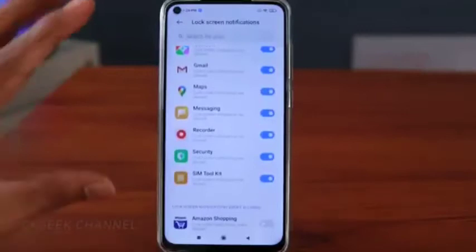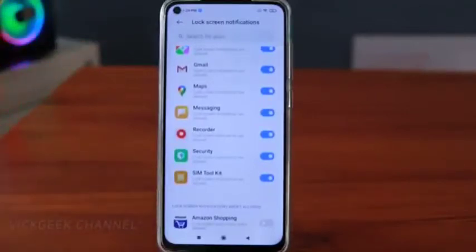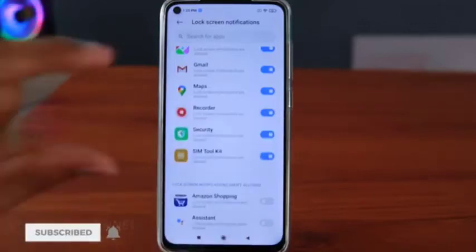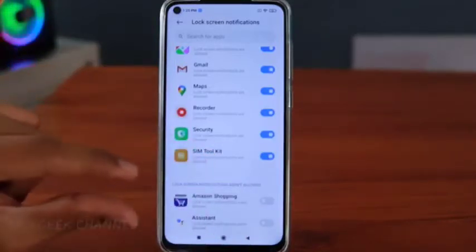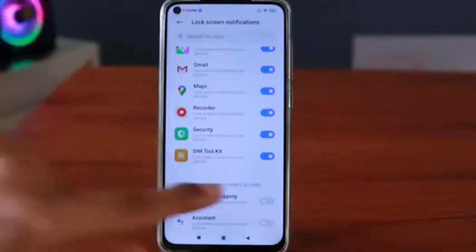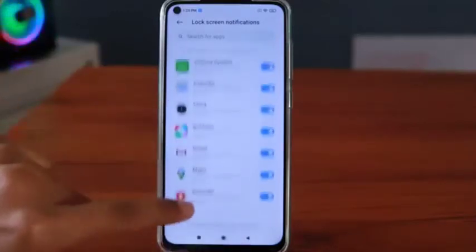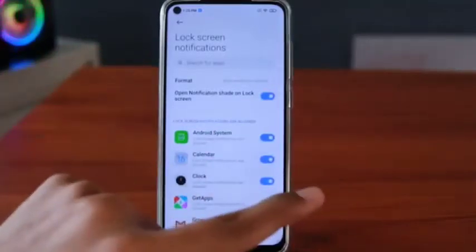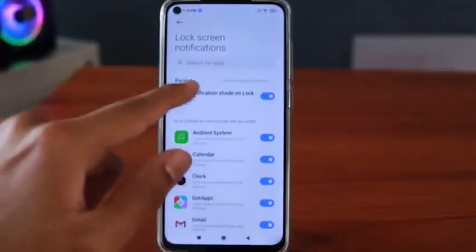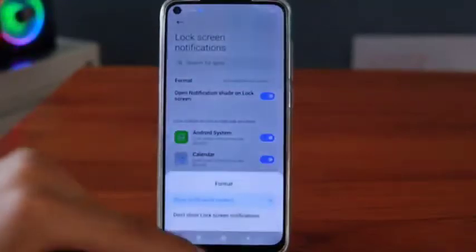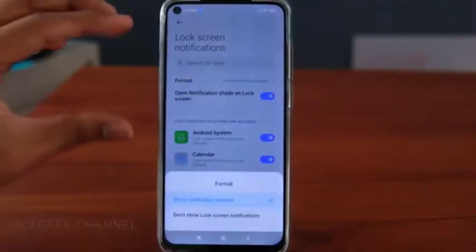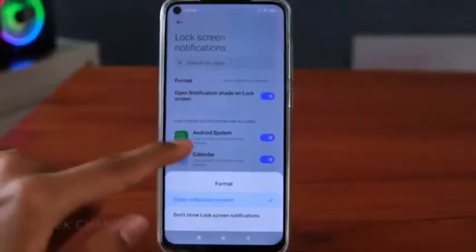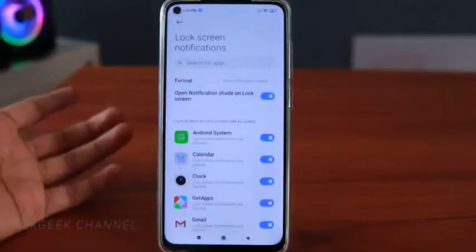Let's say you don't want lock screen notification of some apps which you think breaches your privacy, then you can just go ahead and turn that off. From now on, the notification from the messages won't appear on the lock screen. So that's how you can actually customize. And if there are some applications that you want the notification to be on the lock screen, switch on that particular application. Similarly, you have the show notification content, like what you want to be shown. If you want the detail of the messages to be shown on the lock screen, you can just enable that. Otherwise, don't show lock screen notification. You can just completely turn it off as well.